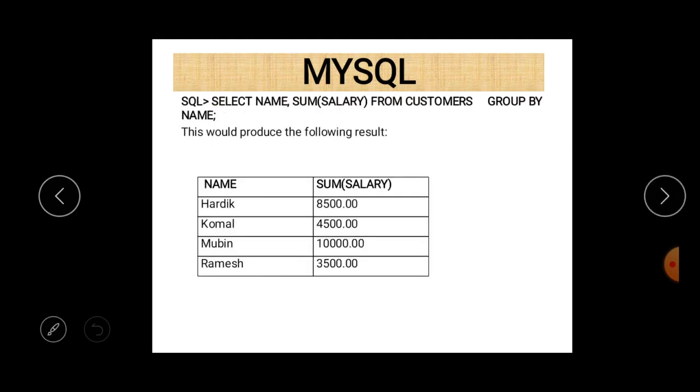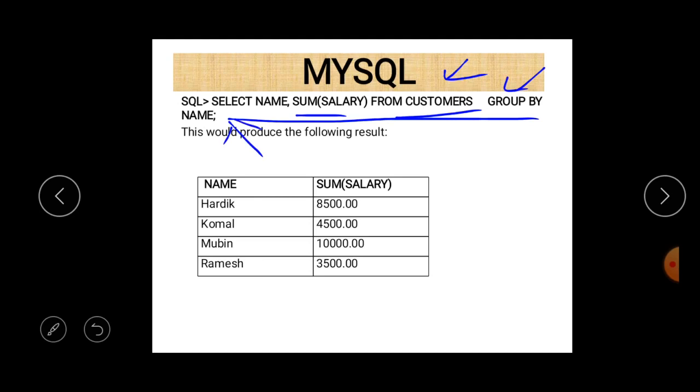This is the command related to a group by statement, if you want to form a group on the basis of a column name and want to find the total salary regarding each name. Then you must write select name, sum salary, from customer, where customer is the name of the table and salary is the column name, and then group by name.